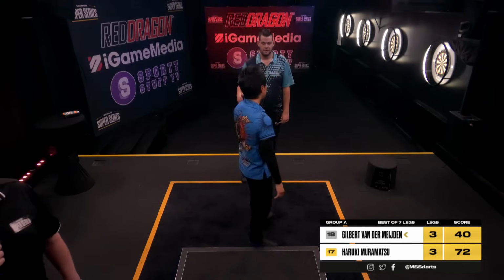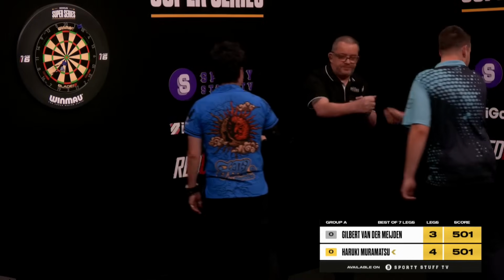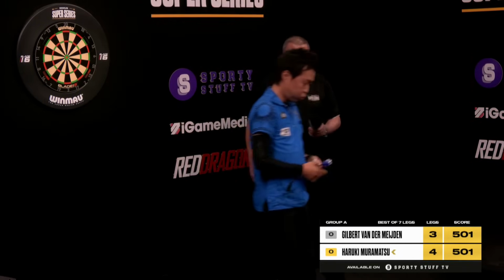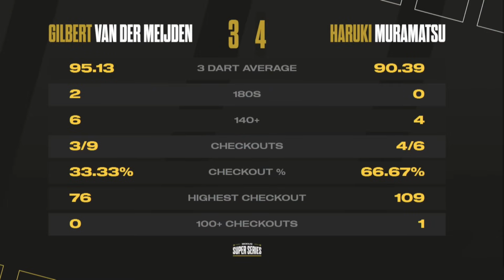That was a very enjoyable game between 2 great players playing their real A game there. Gilbert Vandermeiden will be disappointed. He showed some real flamboyant moves in that game. Big scoring came from him. Was averaging near 100 throughout, but